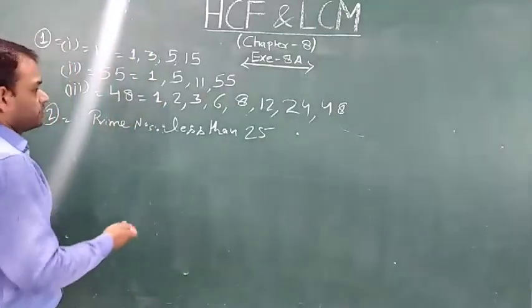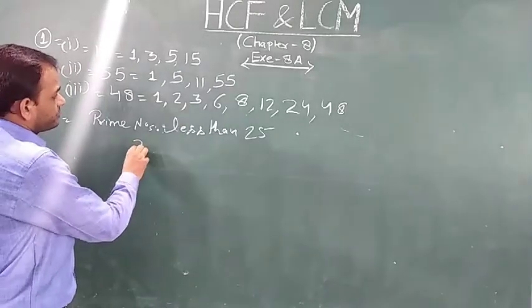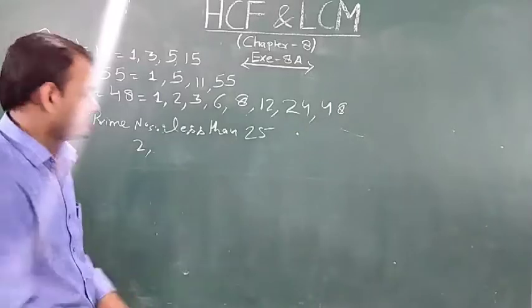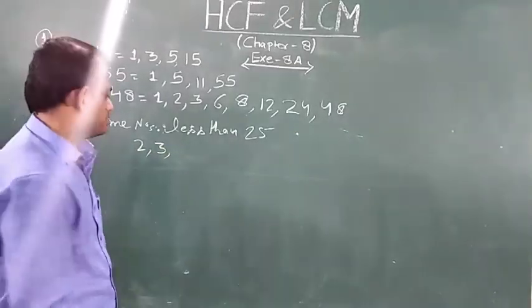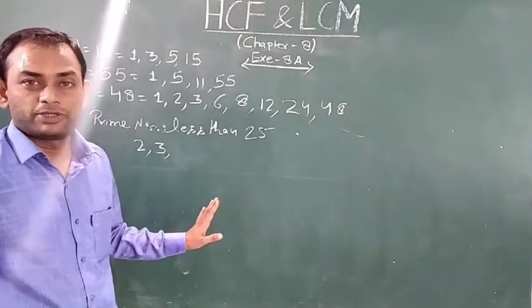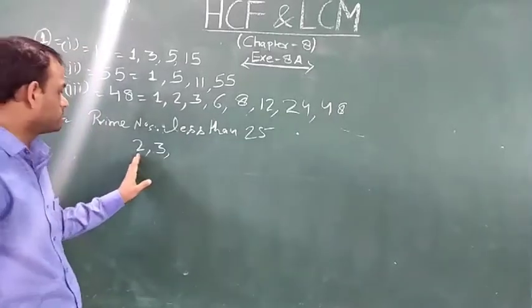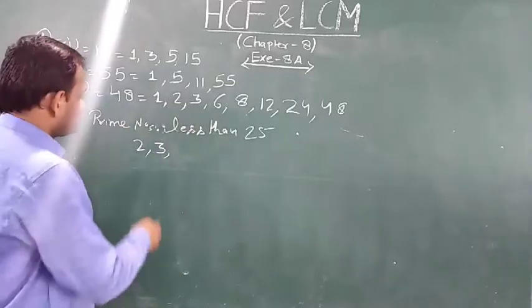Okay. So what are the numbers which are less than 25? Then 2. 2 is a prime number. I told you 2 is the smallest prime number. Then 3. 4 is not there, 4 is composite. One more thing, 4 is the smallest composite number. Remember this, 4 is the smallest composite number and 2 is the smallest prime number. Then, we are talking about prime numbers less than 25. We have to write all those.